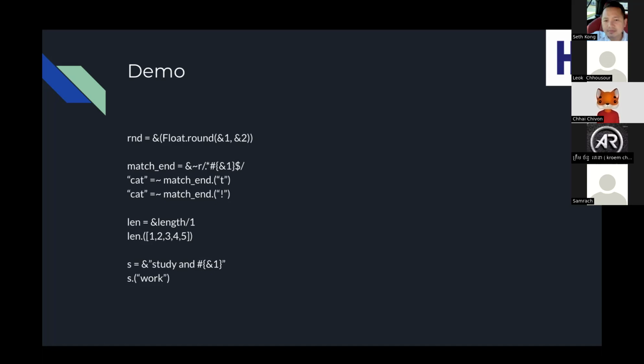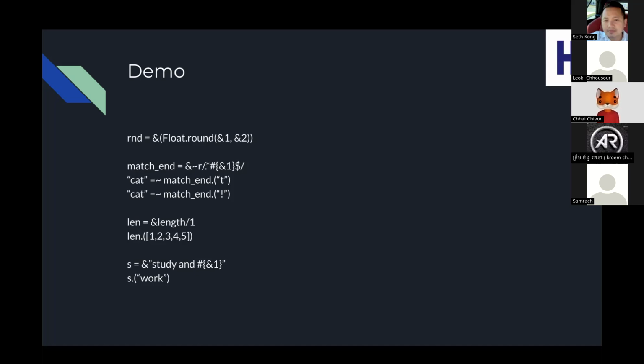Yeah, so this version of the round function, we don't need to define. We borrow an existing function and we just rename it to rnd. So this function is already defined by the Elixir standard library. We just take it,